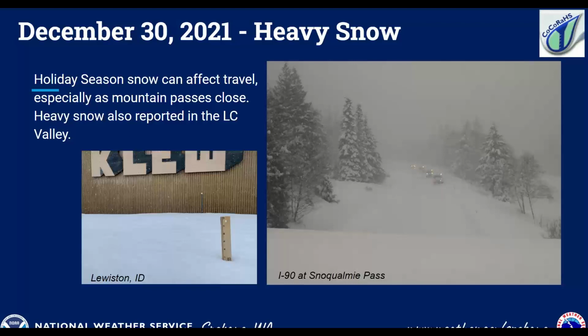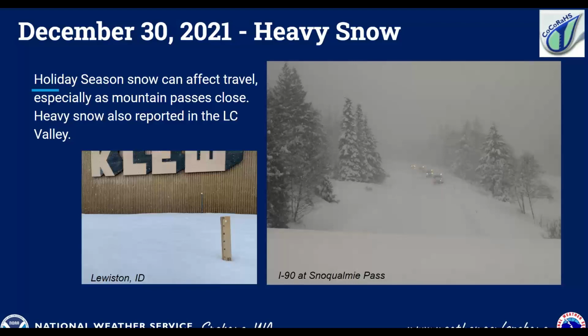All of the Washington passes in the Cascades were closed for some period. We know Washington Pass closes once it gets snow and it's not open again, and that's on Highway 20. But Highway 2 at Stevens Pass, Snoqualmie on I-90 is the big one, and then there's White Pass as well. All of them were closed during this period on December 30th when we had heavy snow.